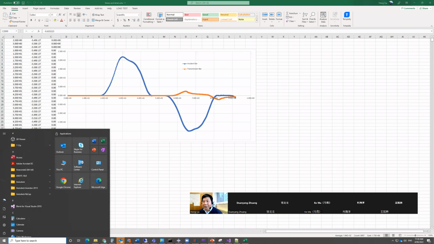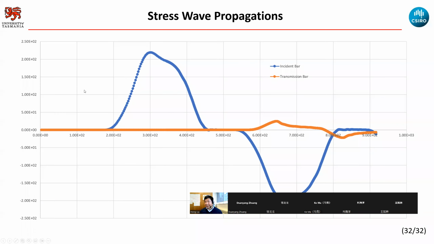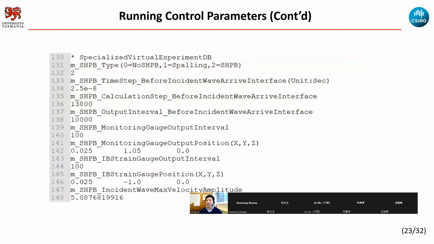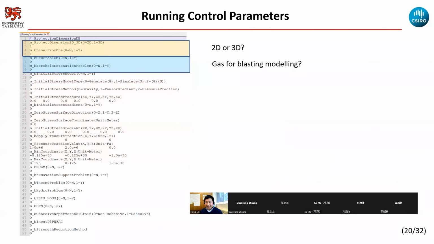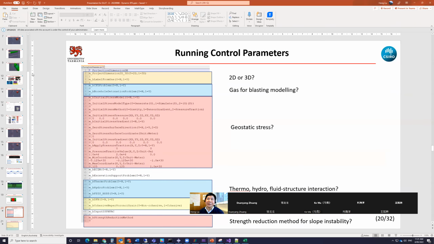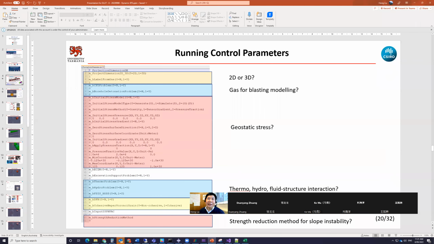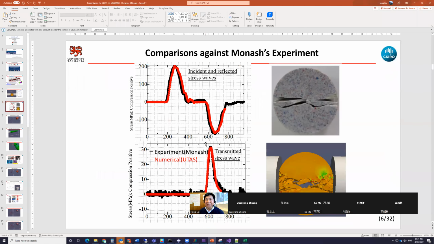Yeah, so what we showed previously, you notice that in the early stage of my model. Okay, let me direct you to that page. Yeah, so we have this comparison, the stress wave compared with the experimental results. Yeah, so that's what we are getting from